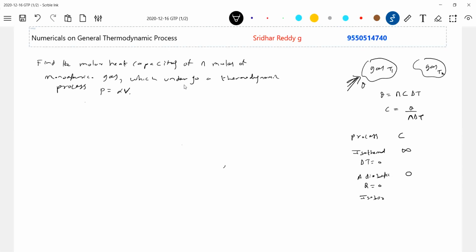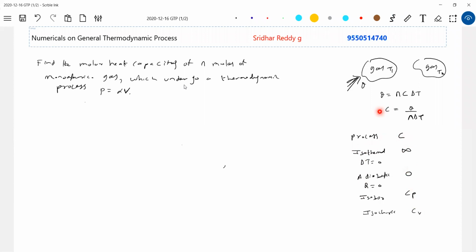Isobaric process, Q is non-zero, delta U is non-zero. So Q you can write as delta U plus W. When you solve it, you'll end up with CP. Isochoric process, in the same way, C will become CV. Look at this now. For a given gas, don't think this is some gas, that is some gas. A given gas only, depending upon the conditions we set up, will have different molar capacity.